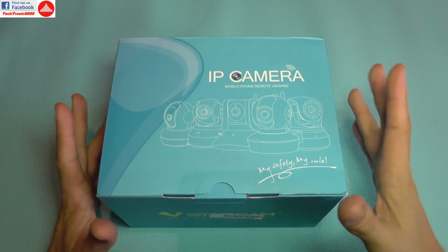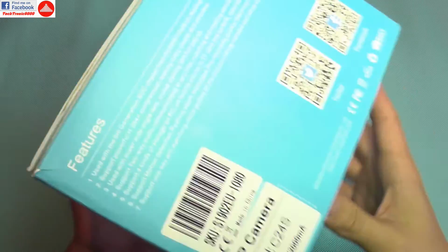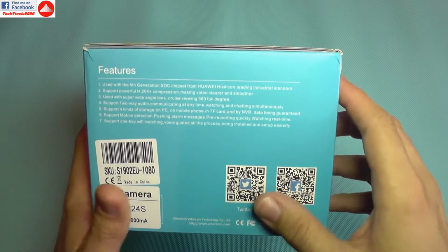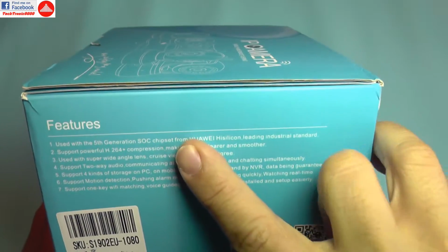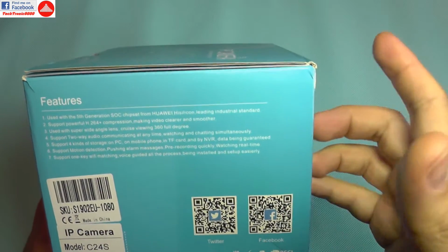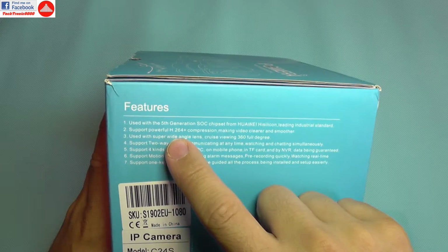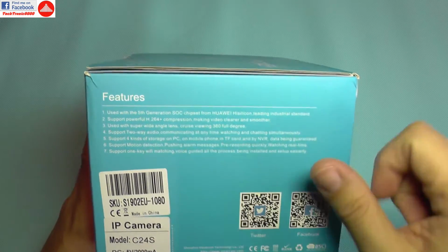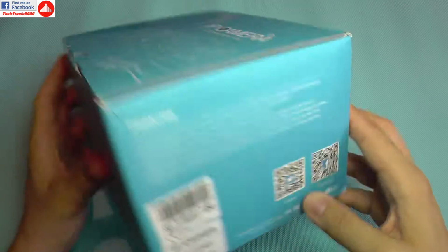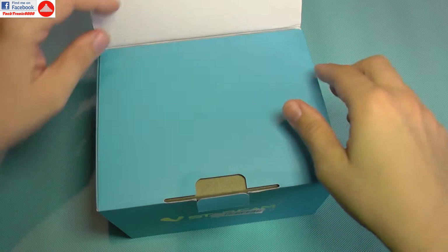Hello everyone, today I will be reviewing the VStarcam Full HD IP camera. This should be an interesting product because it uses some newer components and a system on a chip made by Huawei, which should be really nice. It has H.264 plus compression, it has pan and tilt motors, and it's compatible with all sorts of stuff,